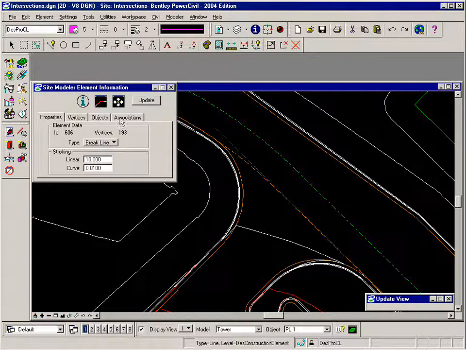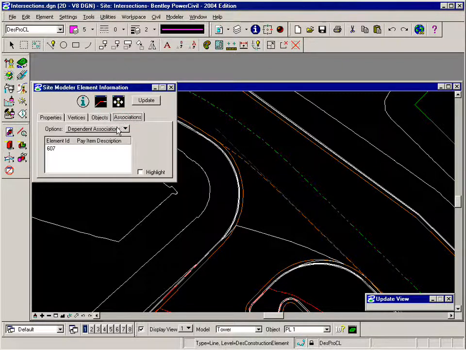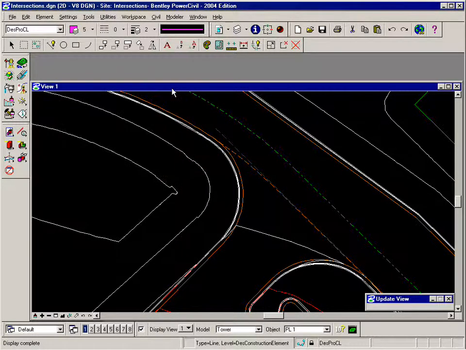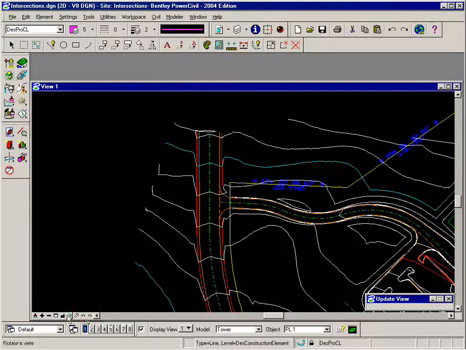and go to the Associations tab. Under Associations we can see that it references the entrance road, and we'll turn that off. So now it won't update every time the entrance road updates, and therefore nothing downstream of it will update as well. So I'll click Update, say yes to my changes, and then I'll just go back to my entrance road